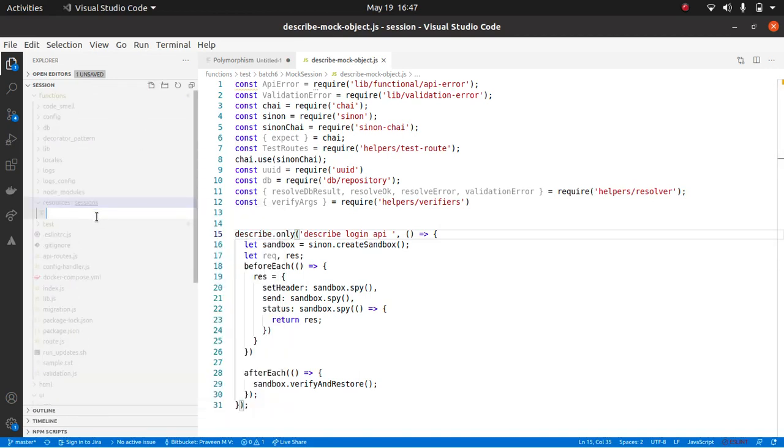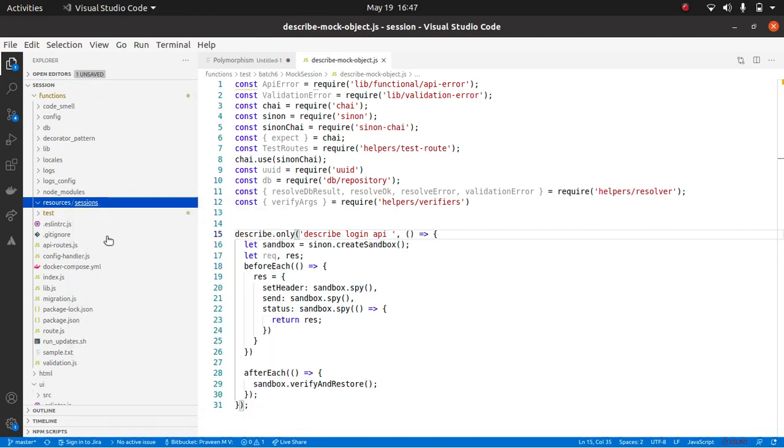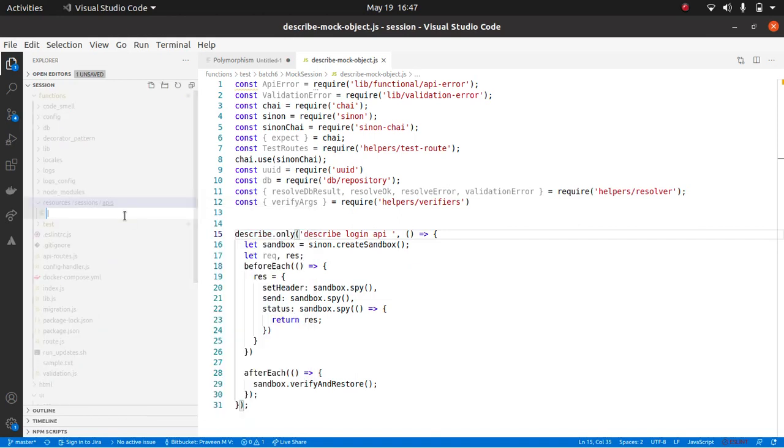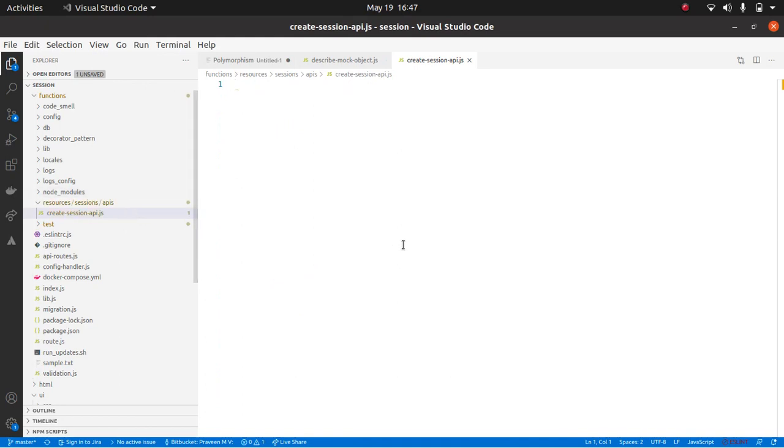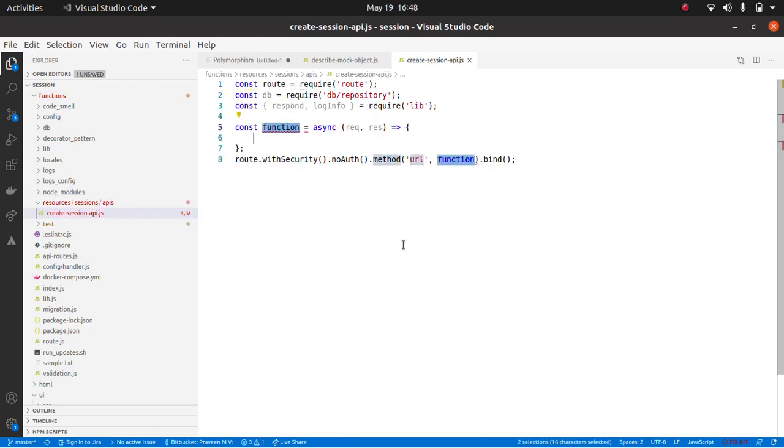Okay. So inside this, I'll create another folder, APIs. And in this, I will have createSessionAPI.js.